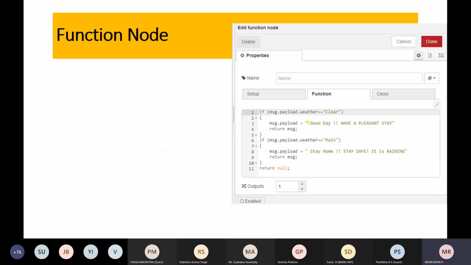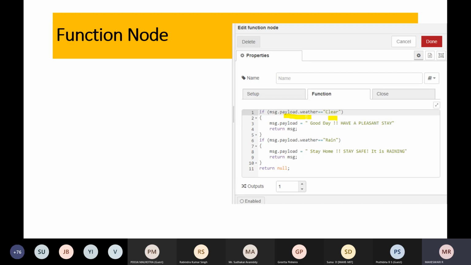Then the function node. In the function node, I'm going to do some analysis, or some processing, here. So if my payload weather is equal to clear, imagine I am a developer of software for hotel management. I want to send a message to my clients or customers.